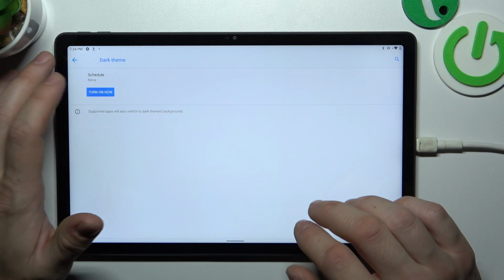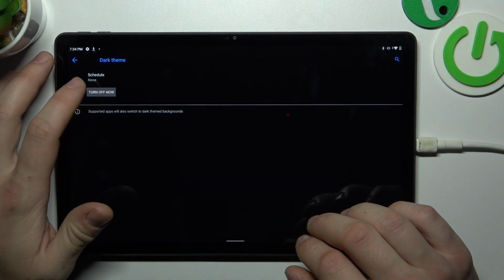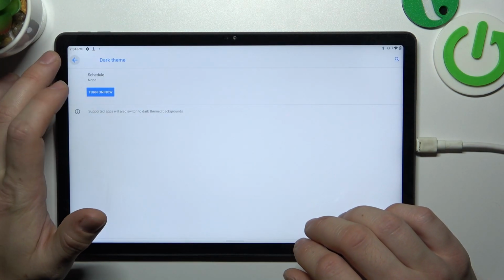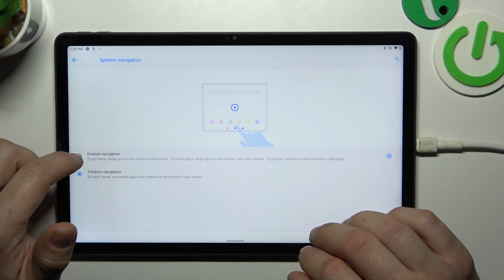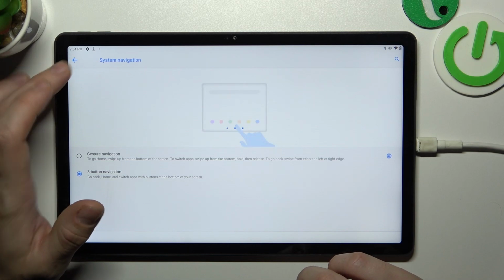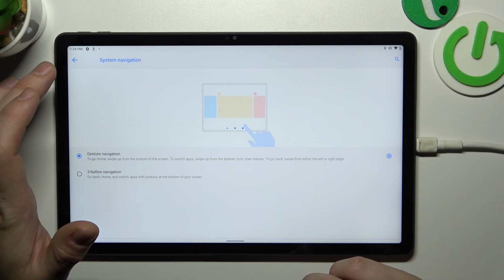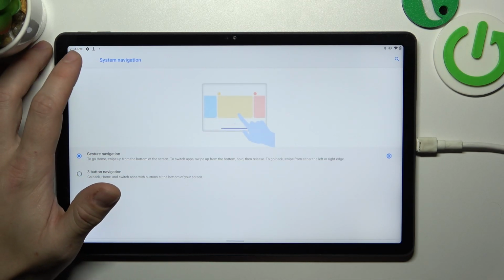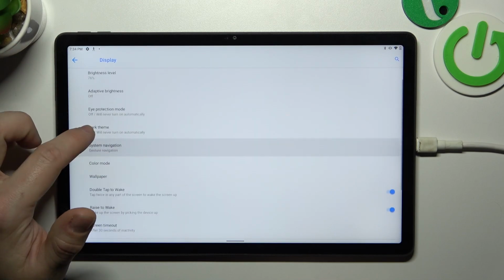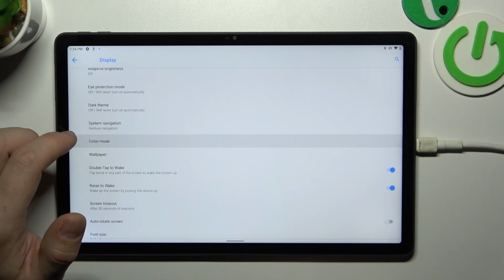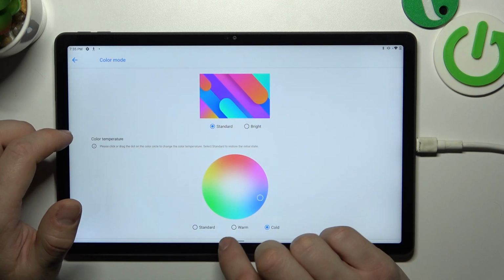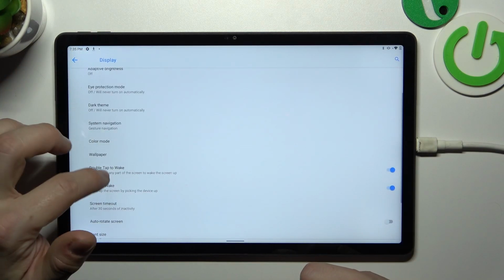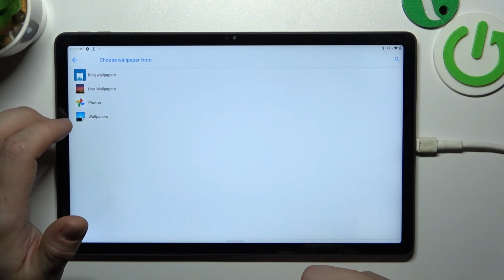Next, you can enable or disable dark theme. Change system navigation between gesture navigation and free button navigation. Next, you can change color mode between standard bright and color temperature between standard warm and cool. Next, you can change wallpaper,